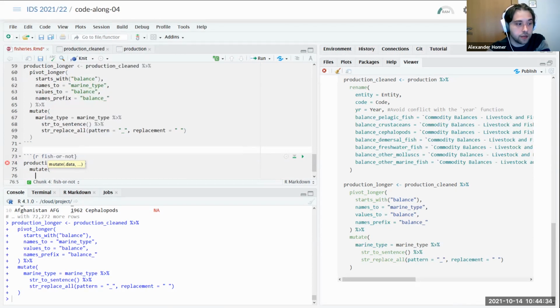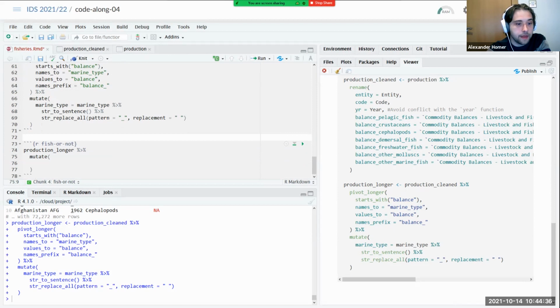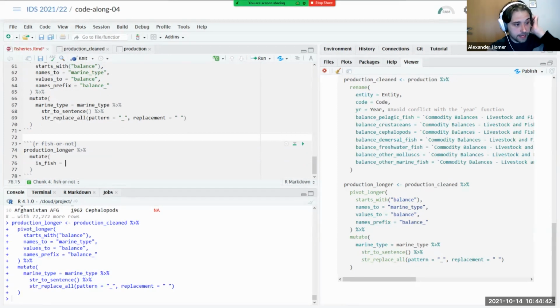That's just a standard thing for a new column. There we go. And let's call this is fish. And what I want to do is I want to know whether or not my thing is fish or not fish. So there are 3 things here that are not fish and 4 things that are, so it's going to be easier to test for whether things